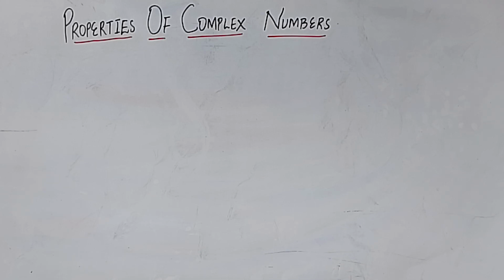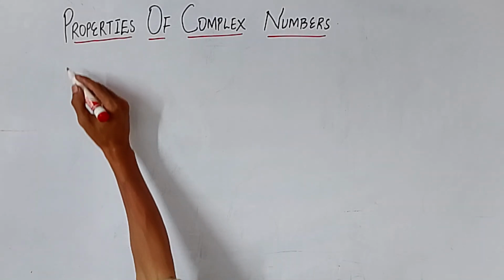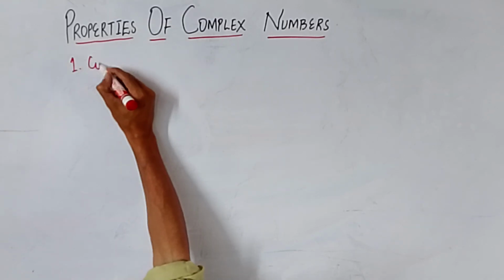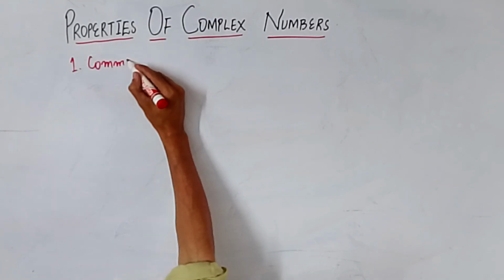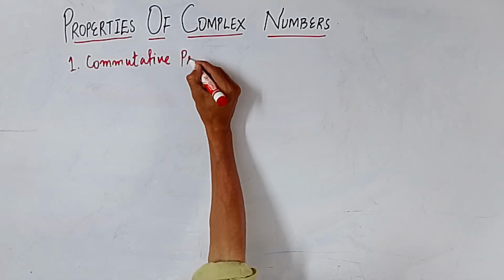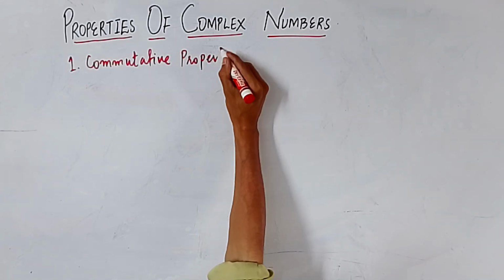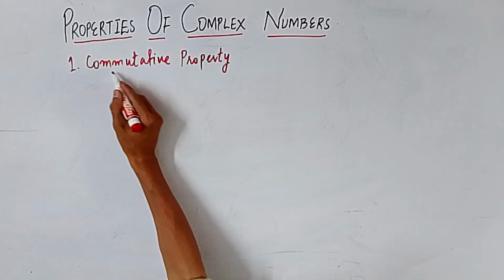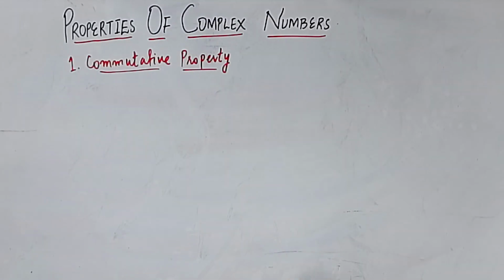So first one is commutative property. In commutative property of addition, as you already know, commutative property in matrices you have done, in sets you have done in grade 9, commutative property, it is